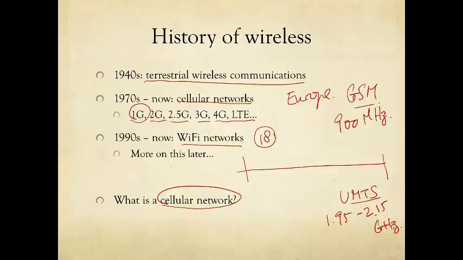And these are the so-called licensed bands, meaning that you have to pay the government a lot of money in order to have the right to transmit. For example, in the US, the government has collected tens of billions of dollars from wireless operators and sold them the right to transmit in different regions of the country in different parts of the spectrum. Suppose you are given a certain part of the spectrum, for example, between 1.95 to 2.15 gigahertz. You can divide that further into different chunks of frequency bands.